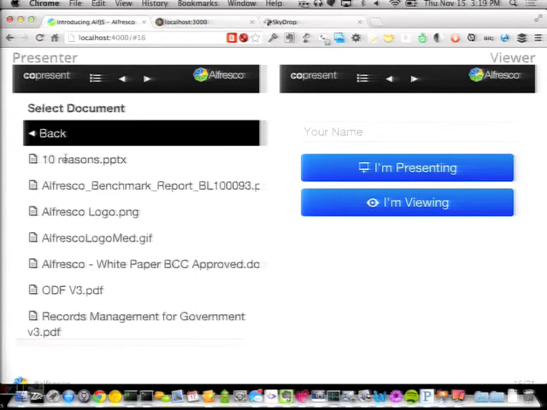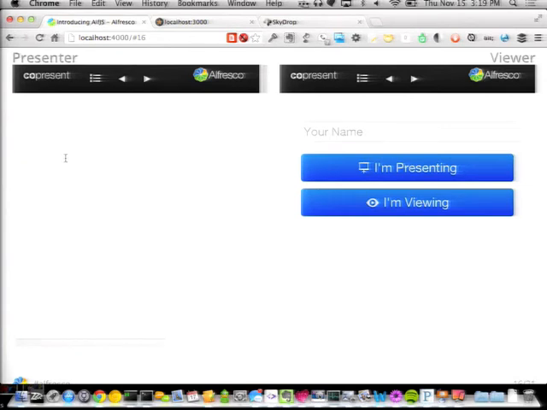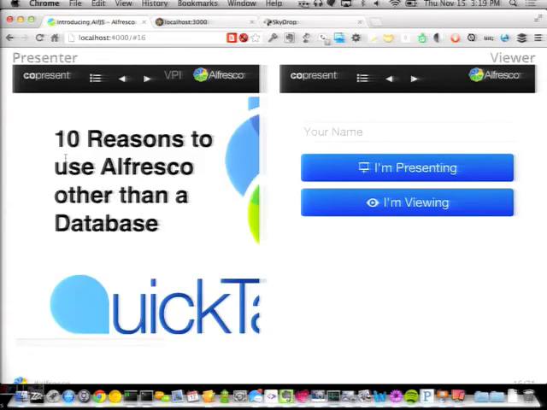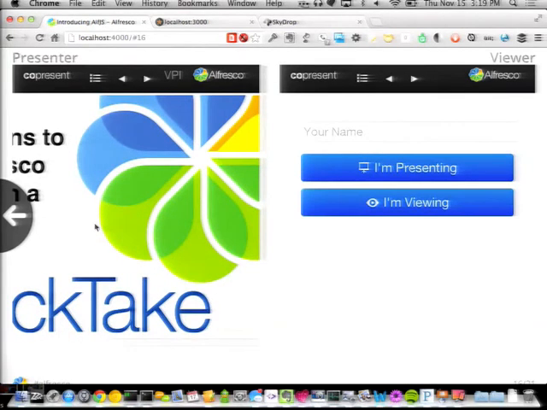And what's going to happen now is that the Alfresco server is going to convert that document, a PowerPoint, into a PDF. And then I'm going to render it. Now, I didn't scale the rendered version, so in an ideal situation, I would detect how wide this little frame is and then scale it accordingly. But nonetheless, you can see that the first slide is indeed there and so forth, right? Oops.